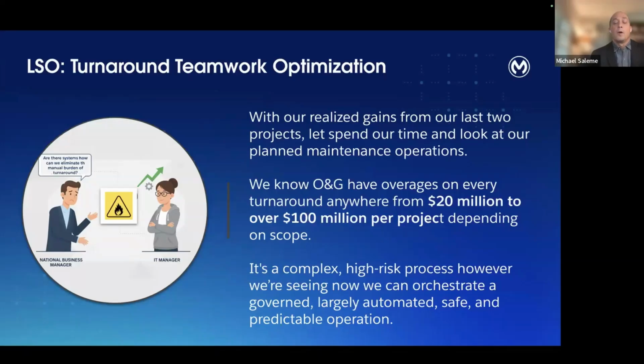So we've already talked about the cost overruns for turnaround management. We know it's high risk, complex. So the COO says to the IT director, what can we do about improving our turnaround planning? It really crosses a lot of silos. Janice again thinks, hey, we have a Workday agent. Our Workday agent, I hear, is coordinating employees, contractors, safety certifications, availability.